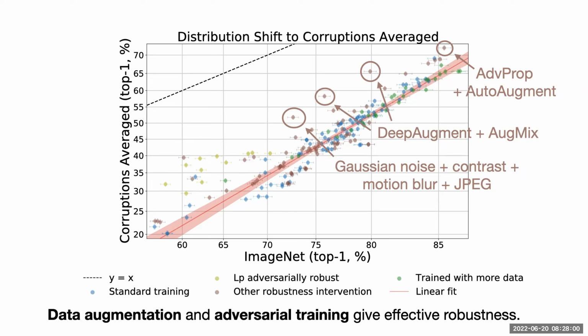So as a baseline, one type of corruption that we just ran here was, what if you take Gaussian noise plus contrast plus motion blur plus JPEG noise, take those four corruptions as a data augmentation you do while training, and then you roughly get the same amount of robustness as the DeepAugment and AutoAugment augmentations. And if you look in the lower accuracy regime, the models trained with adversarial training do give you again some amount of effective robustness, but the problem is you also give up a lot of accuracy to begin with. So if you actually want to do well on these distribution shifts, then probably going with data augmentation is the way to go.